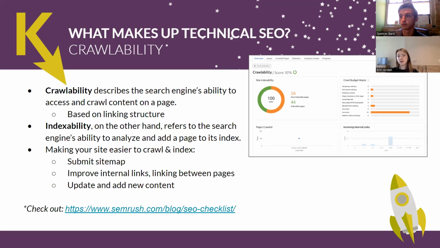Next up, and this is where some of more of the meat comes in when we're talking about technical SEO, both crawlability and indexability. I've got some definitions for you here. Crawlability describes any search engine's ability to access and crawl content on a page. And all that means is, there are some automated processes, robots, bots essentially scanning your website, scanning how each page links to each other. Essentially, if it's easy for those bots to crawl your site,